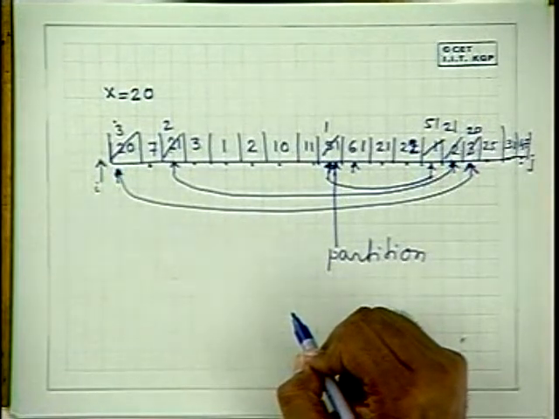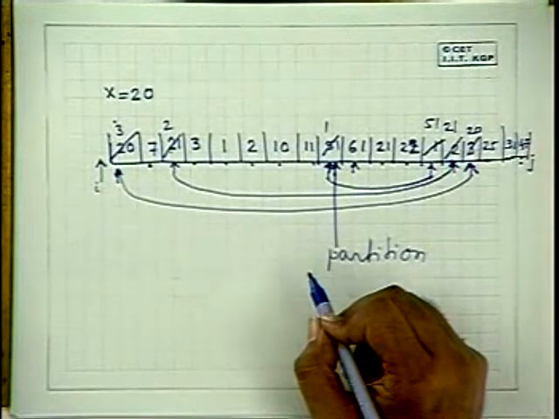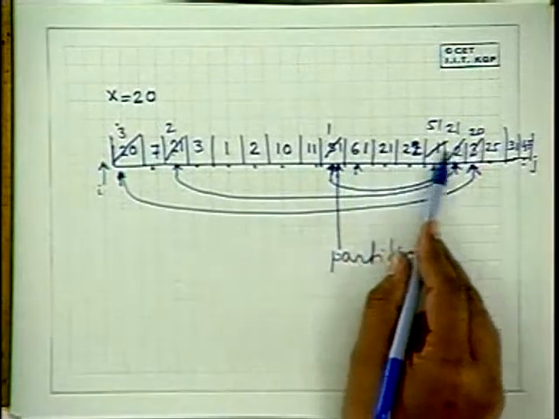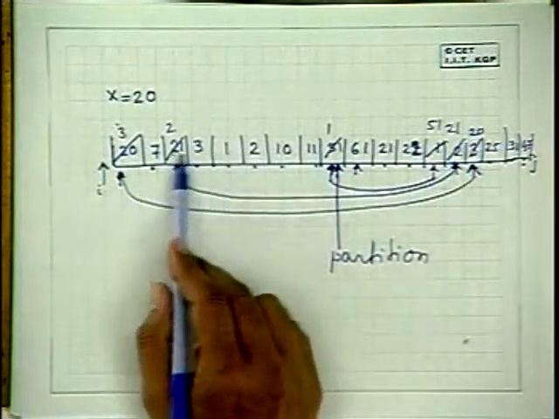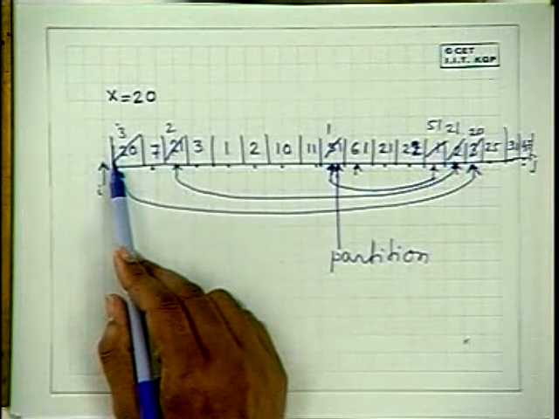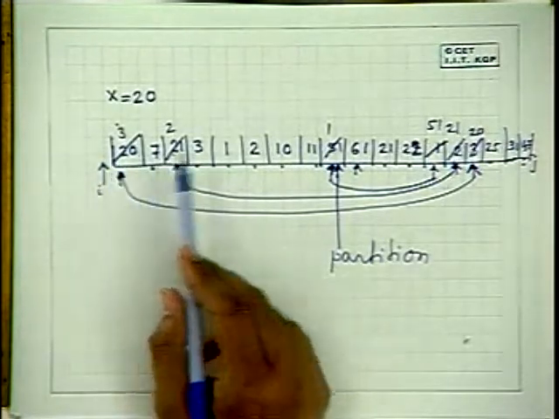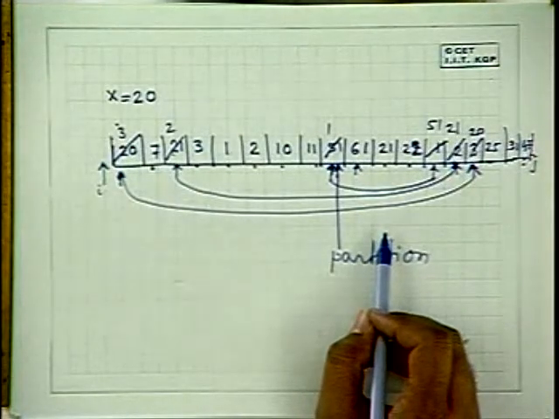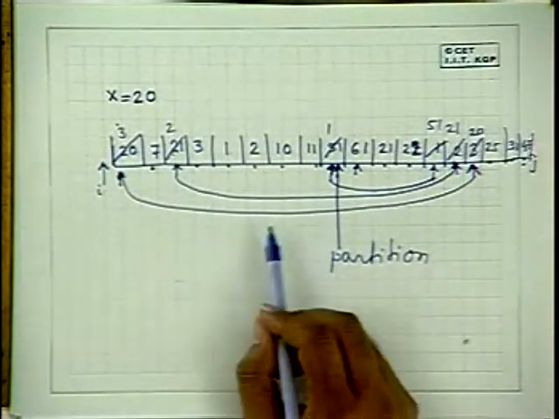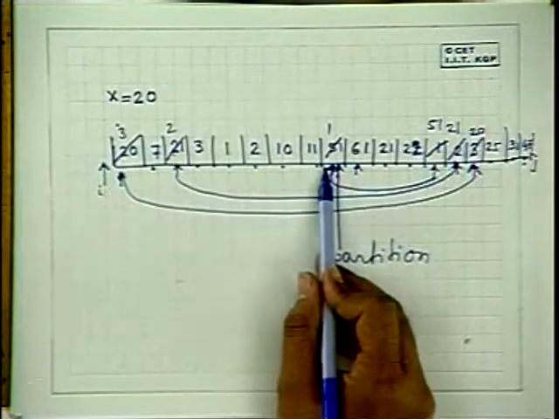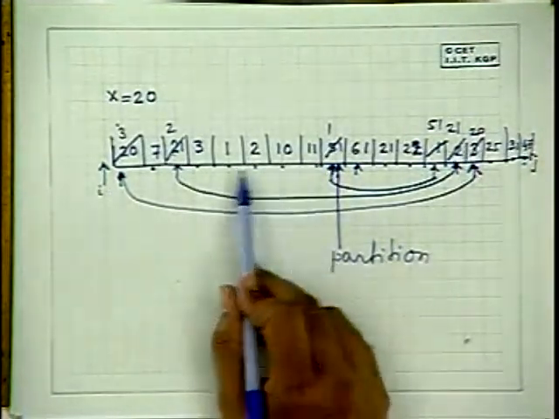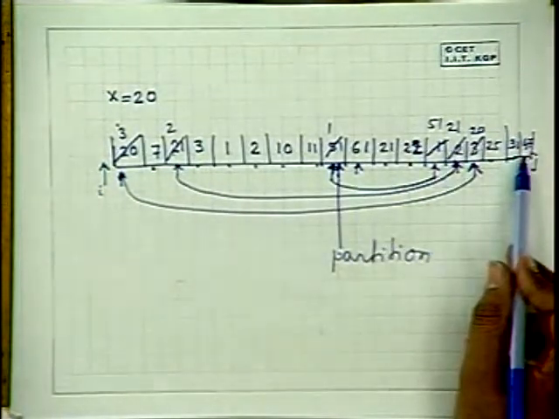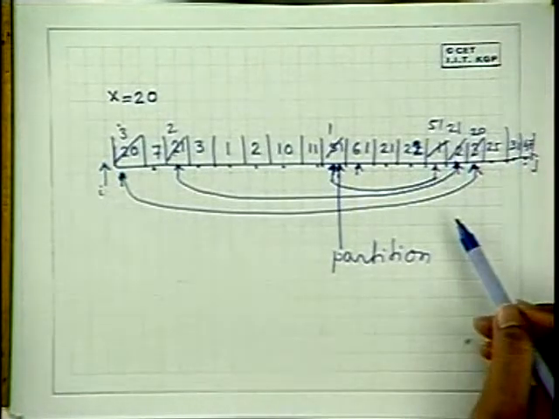All right. And you can see all the elements have been arranged properly. All the elements to the right are greater than or equal to all the elements on the left. So partition is returning j like this. If you take from P to J, all the elements from P to J will be less than or equal to the elements from J plus 1 to R, the way the partition is working.